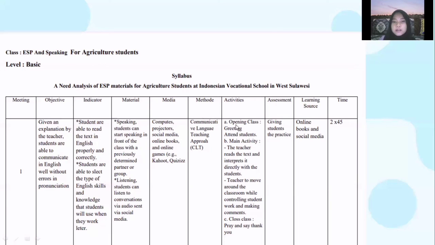Activities: opening class, greeting and attending students. Main activity: the teacher reads the text and interprets it directly with the students, and the teacher moves around the classroom while controlling student work and making comments. And the last, closing class: pray and say thank you. Assessment: giving students the practice. Learning sources: online book and social media. Time: 2 hours,